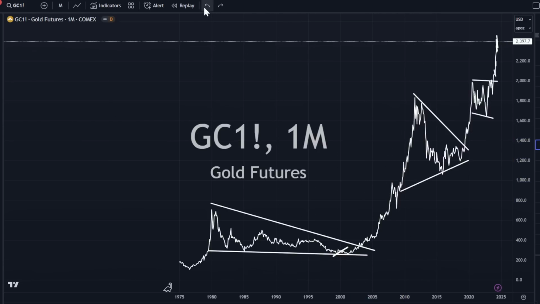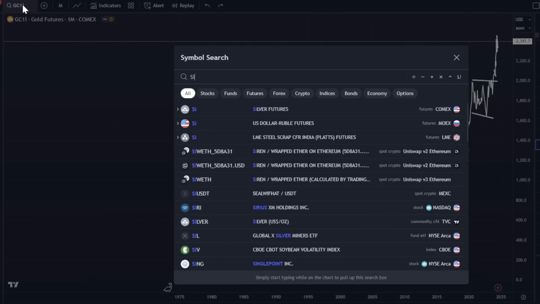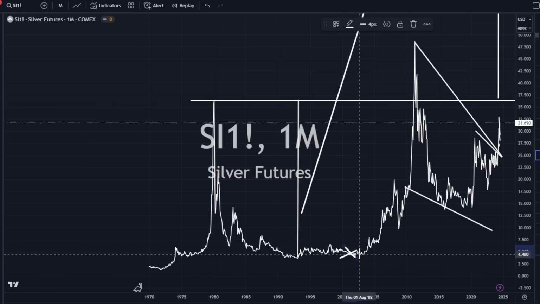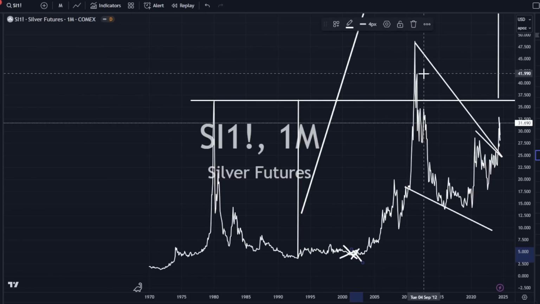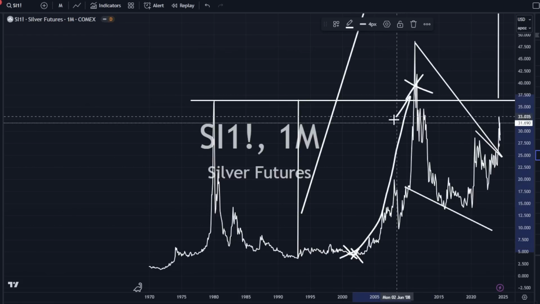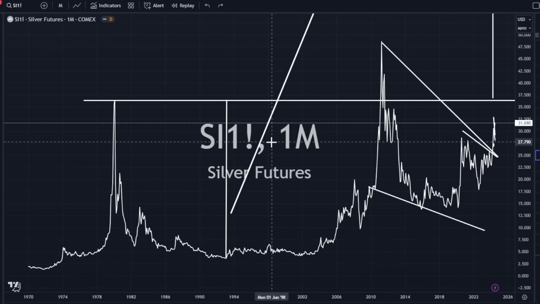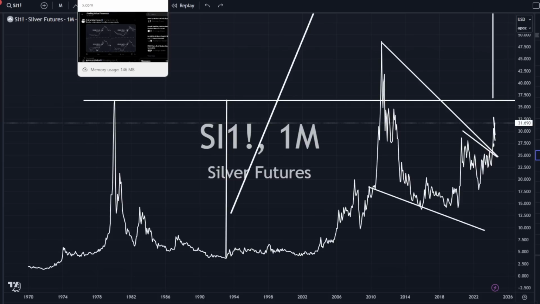Huge move there. Silver was another one that was coming up on the radar in the 2000-ish area. So in this area here, you could have purchased at $4 and then tried to exit above 40 if you were brave enough in that move there. So the ratios work incredibly well if you guys are looking at other ideas of how to play this. And that is kind of the ratio game. And that's something I do teach on the website. It's things that I look at, and you guys can see what I'm purchasing